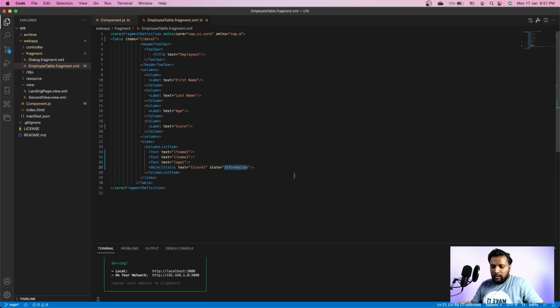So let's see how we can dynamically change it. So I have something called a state here. So I'm doing an expression binding. The syntax for expression binding is something like this, equal to. Then I'll give the condition. So what's the condition? The score value, if it is greater than 50, then it should be success, and